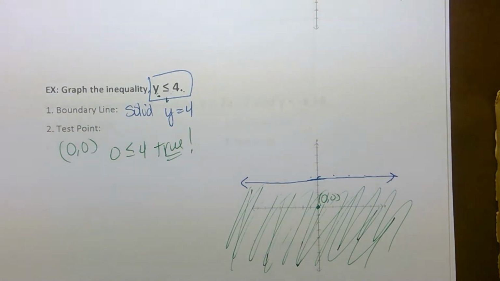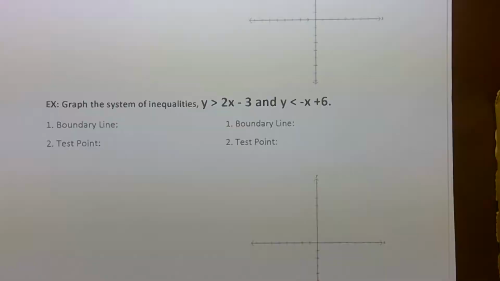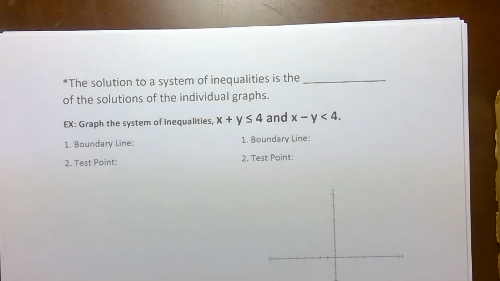Sometimes you can predict it like that. Sometimes you can't because of the way negatives fall out and the way your equation is set. So do not assume that you know which side to shade. Take a second, check a test point to verify your supposition before you shade. Okay, now we're going to move from